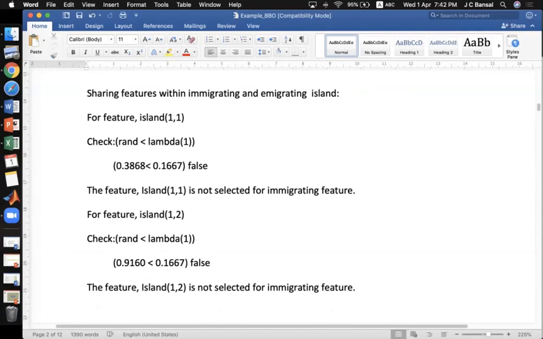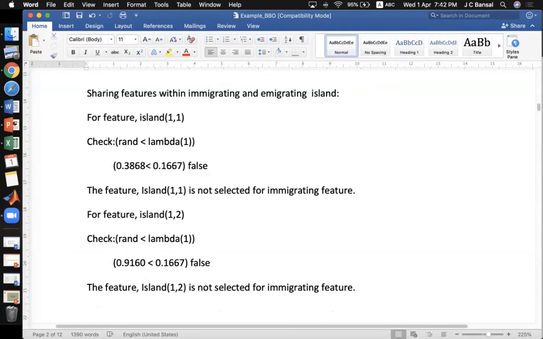If you remember, in the migration operator, the very first step was to identify the immigrating habitat. Which habitat is to immigrate, right? And this immigrating habitat is identified based on the immigration rate lambda, right? So let us check for all the islands one by one.